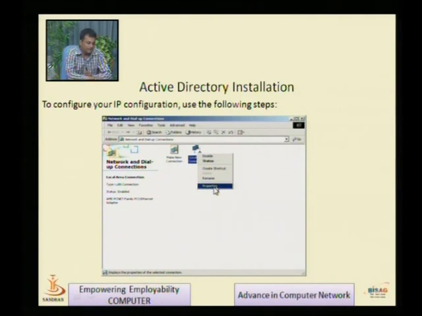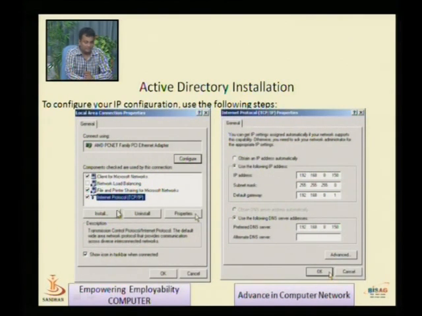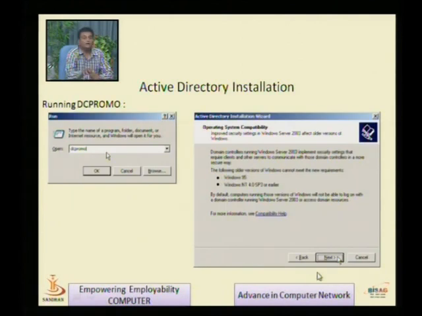Once you select properties, it will display the second window here, that is the NIC, an AMD NIC for Ethernet, and the TCP/IP protocol. You select TCP/IP, click on properties, and you will find this window. Here you have to give the IP address, subnet mask, and gateway. If you have not previously given them, then you have to set them. If you have previously set them, then no need to worry, you check it, and simply click OK. At that time your first requirement is over. Now we start Active Directory installation.